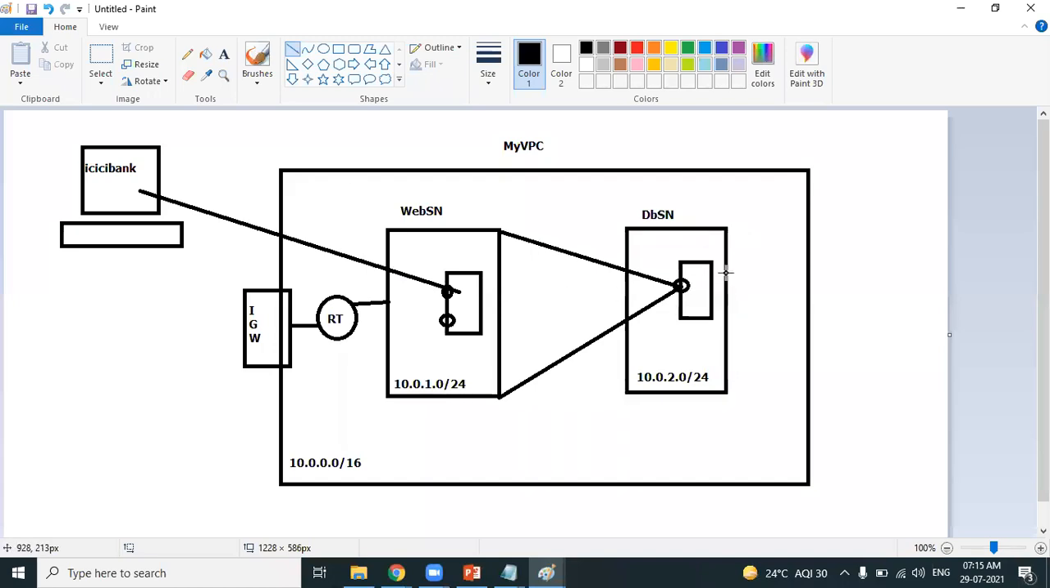You may have a question, Sunil. If the MySQL port is open to one EC2 machine, that's enough. Let's say there are other EC2 machines. Why should you open it for the other EC2 machines? You have to open it to the entire subnet because, let's say you are accessing ICICI Bank, your request will go to the